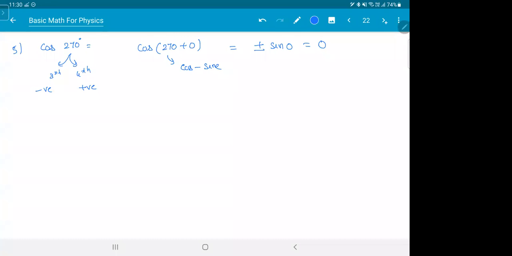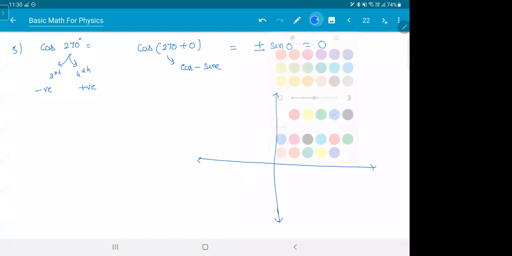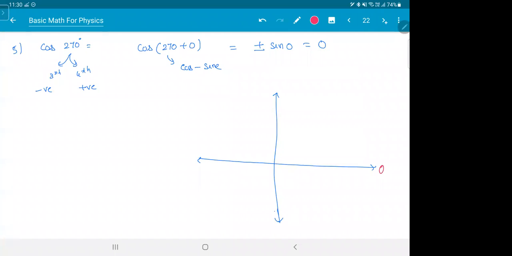So whenever you have a problem, sir, is it second or third quadrant? Don't worry. Take any one, you'll get the answer. And look at this about 360. I'll give you an idea like why sine becomes cos and all. This theta is 0 degree here. This is 90 degree. This is 180 degree. This is 270 degree. Again, this is 360 now.